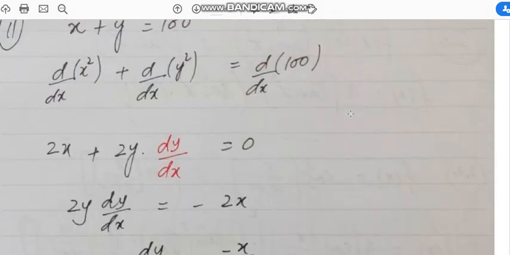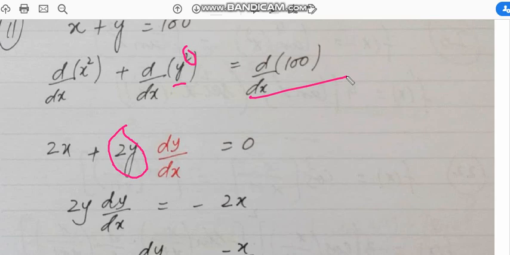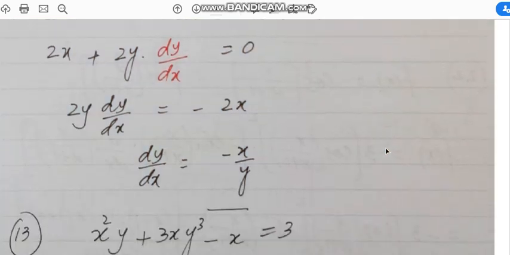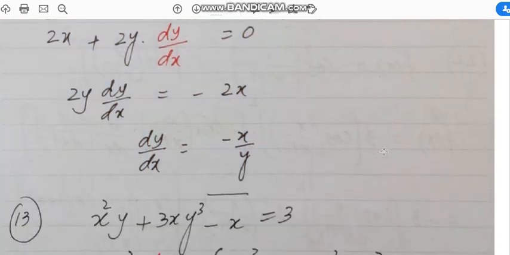Now here derivative of x square becomes 2x, derivative of y square with respect to x becomes 2y, that is due to power rule, and then without power the function is y, so its derivative will be dy by dx, and derivative of 100 is constant, and its derivative is 0. Then I have separated the term involving dy by dx, and the answer, or the derivative of this implicit function, is dy by dx of this.